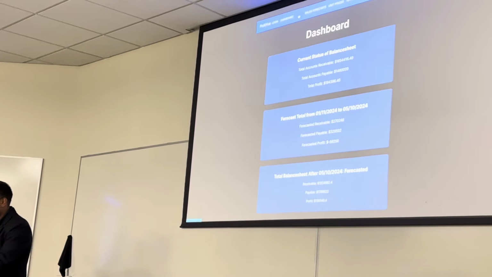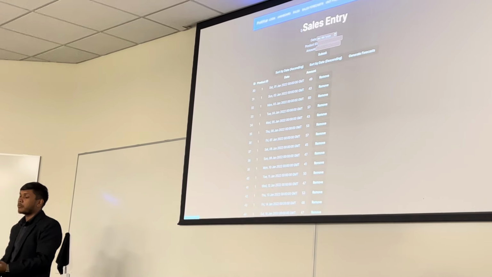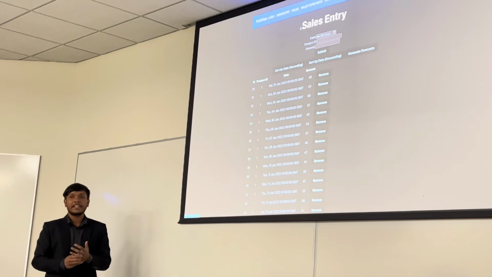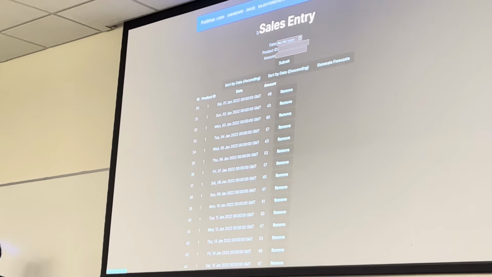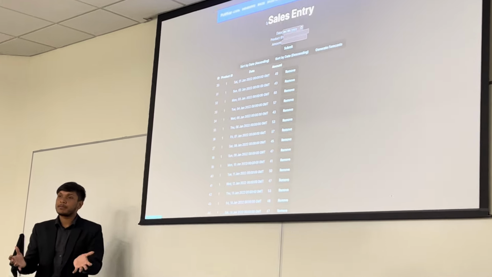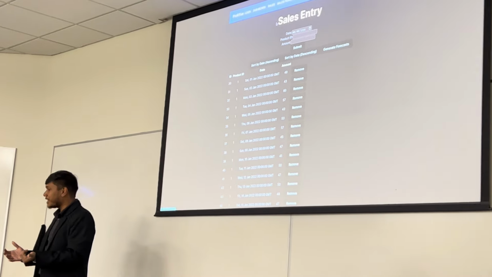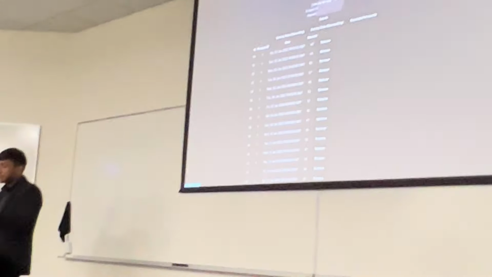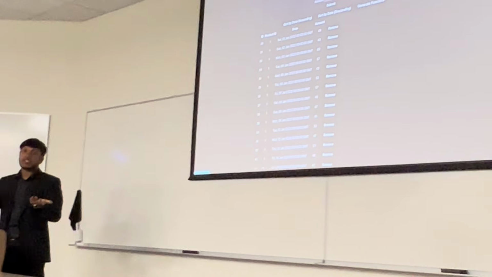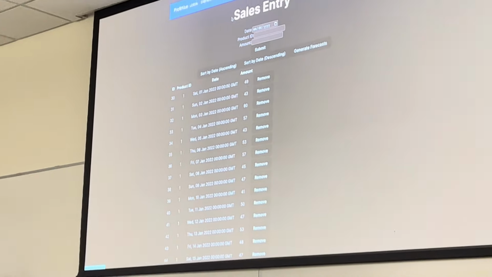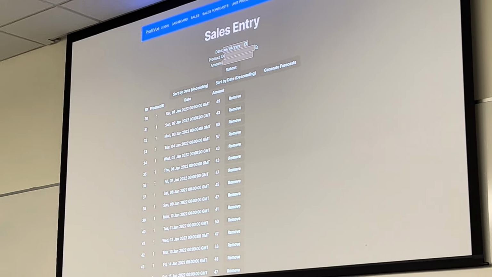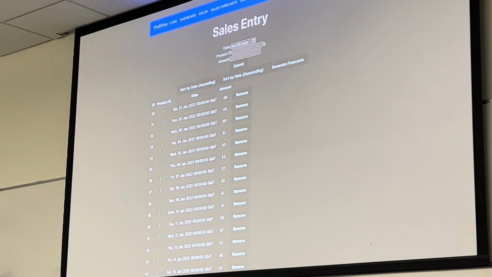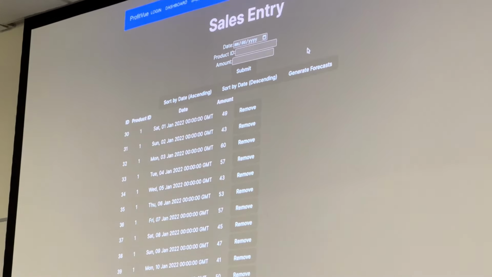Then let's go ahead and look at the next step, which is sales, where you can directly enter any sales that you have. It is very easy to use, because we know there are a lot of small businesses that are not comfortable using technology. But if you have a laser scanner, you can just scan your product ID here, and it will put in your product ID automatically, and you can put in the date and the amount that you sold, and it will keep all that history in the data.